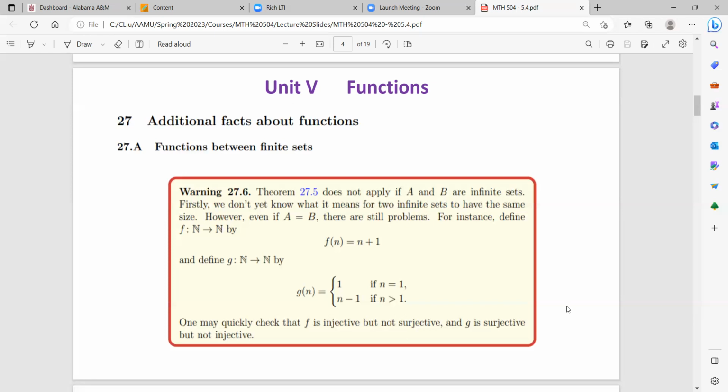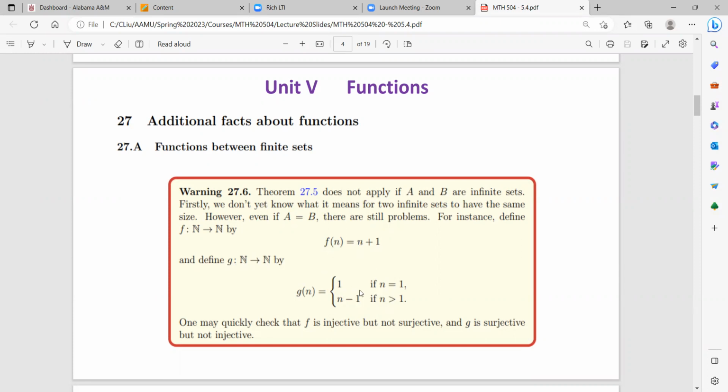So, for example, if we define a function f from the set of natural numbers to itself by the formula f of n equals n plus 1, and define a function g between the same sets by this piecewise formula,